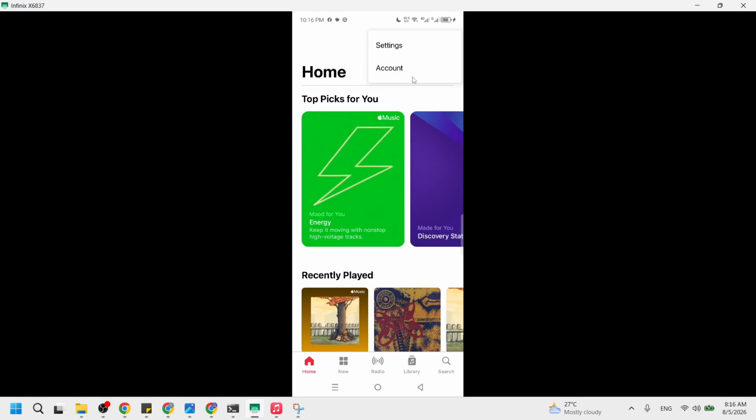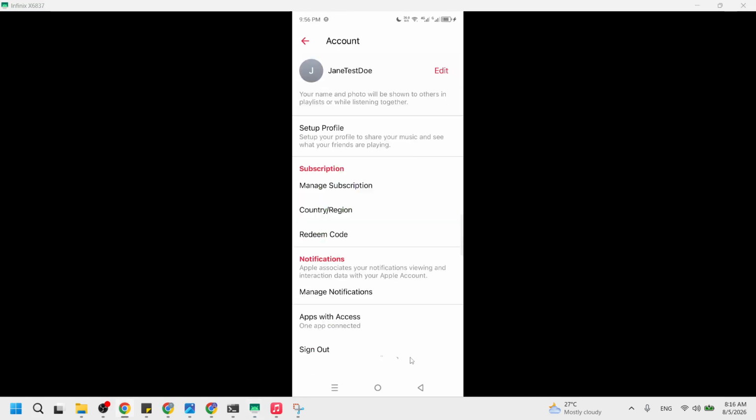From there, click Account. In the menu that appeared, look for the word Account and select it. After you tap Account, Apple Music will open a screen with your name or Apple ID at the top. Below that you may see options like Manage Your Profile or View Your Purchases. This page is where Apple Music keeps your personal settings tied to this Apple ID, so any change here will apply to all your devices using the same account.